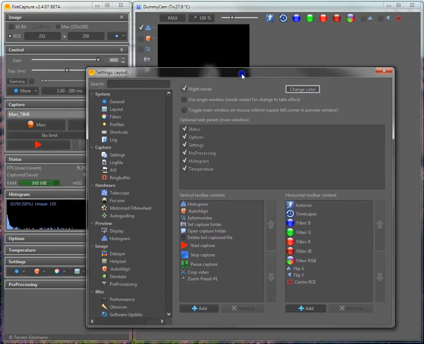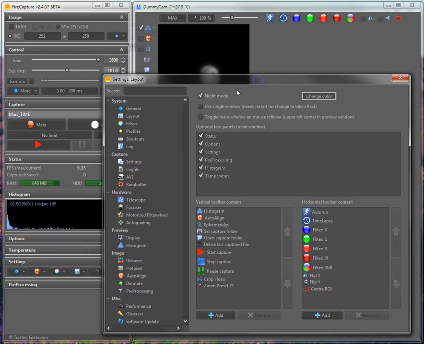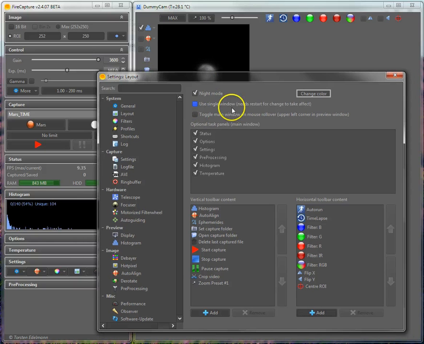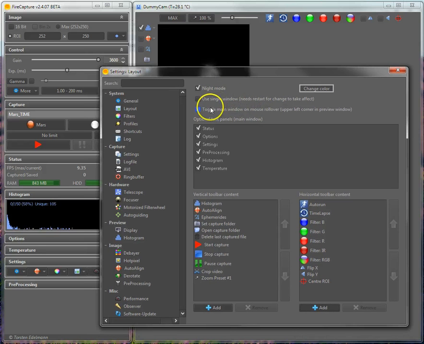Okay, there are some more options regarding the layout. It's about how FireCapture will be displayed. By default it's a two-window setup, but you can change this here with these two options. For instance, you can switch to a toggle main window mode. I'd like to show you. If you turn on this toggle main window and mouse roll over,